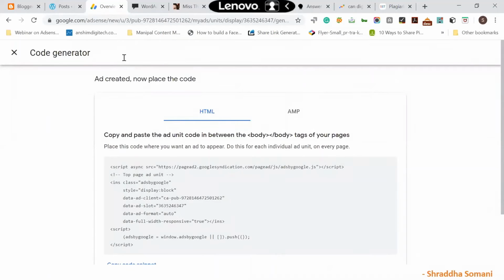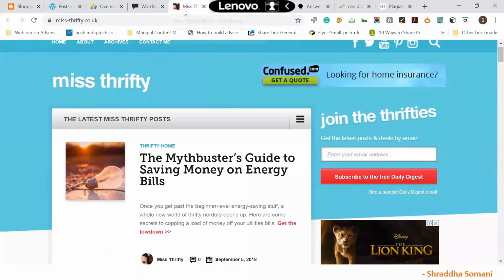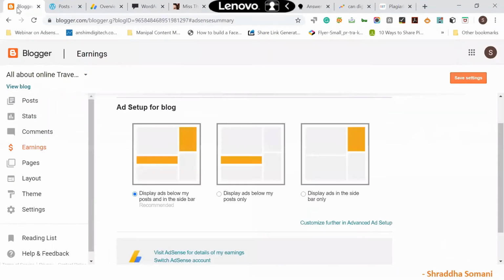When I click on create, it will give me a code. Now, when is it required? When you are not configuring your site with Blogger, but you are configuring a site which you have created with another platform or designing tool, right? With Blogger, there is no need to set up the code.